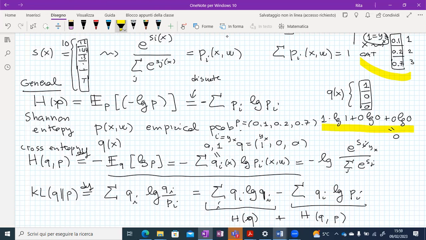When you have a probability mass type, then you have 1 in one spot, 0 otherwise. This thing is 0. So,